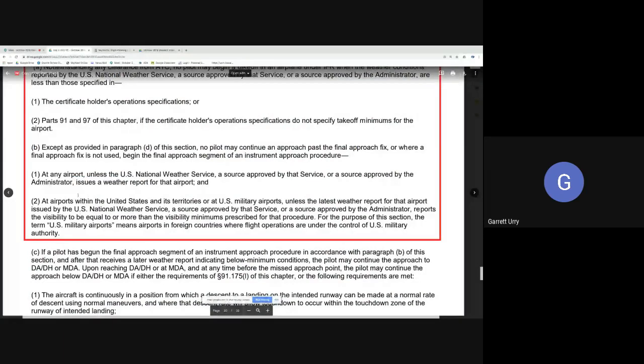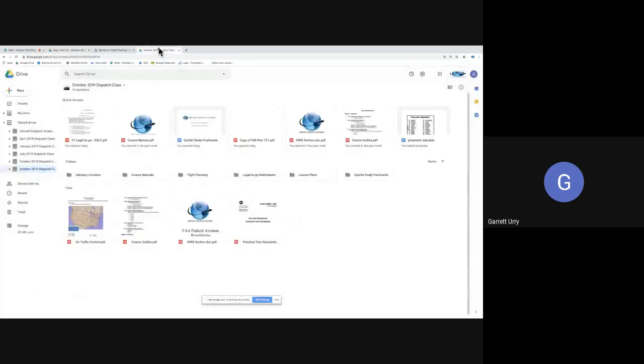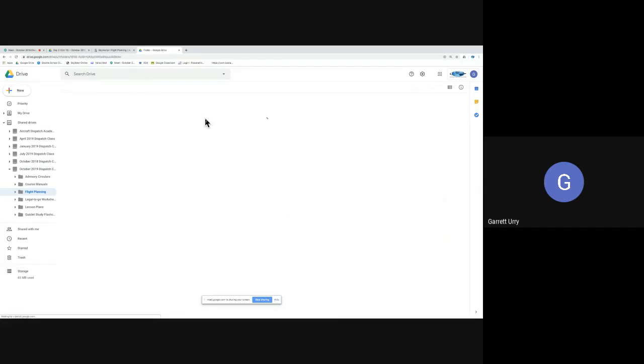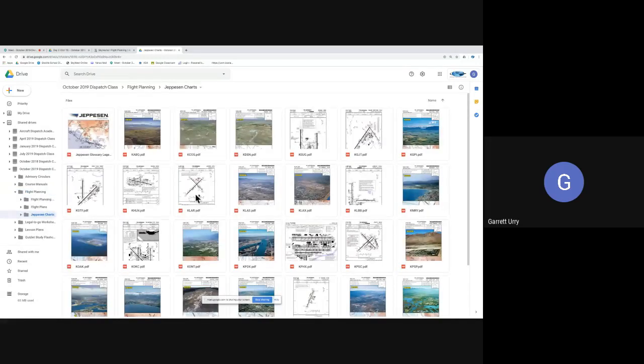Okay, no pilot may continue an approach past the final approach fix or where a final approach fix is not used, begin the final approach segment of an instrument approach procedure unless he's at or above the minimums for that approach. So what that's talking about is, let's use